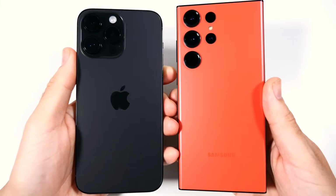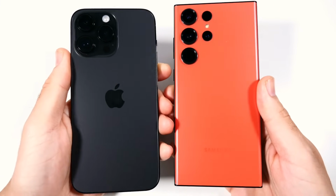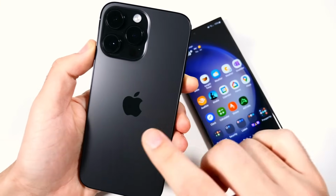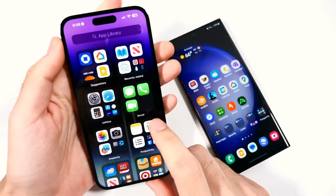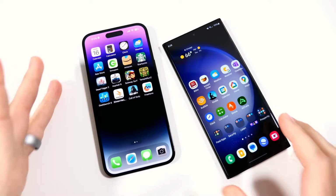Personally, I do think the Samsung looks a little bit more modern now because Apple keeps the same design forever, but at the same time, not everybody's going to prefer the look of a Samsung phone either. They just like their Apple device. So, it's really a toss up. It's pretty close. And while I do think the iPhone is still a very premium feeling and looking device,